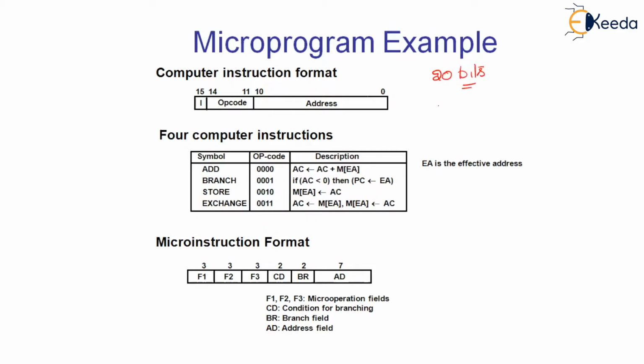On the other hand, we should also understand the instruction format of the CPU. You know that the CPU holds the 16-bit instruction. As we are designing a simple microprogrammed control unit, we are going to slightly modify our instruction format. In the earlier case, our instruction format has 1 bit for the mode, 3 bit for the opcode, 12 bit for the address. In the redefined instruction format, we do have 1 bit for mode, 4 bit for the opcode, and least significant 11 bit for address. That means that we do have a main memory which is equal to 2 power 11.